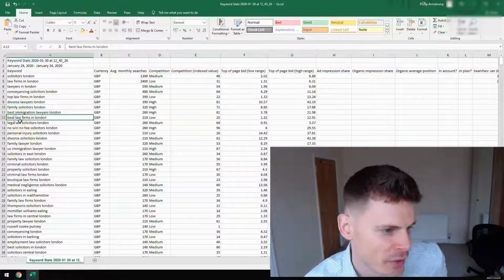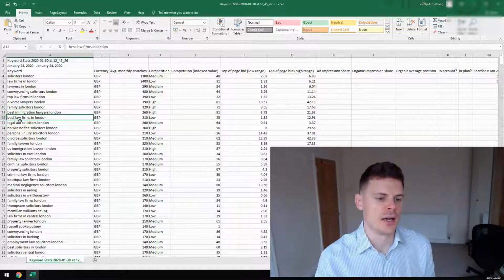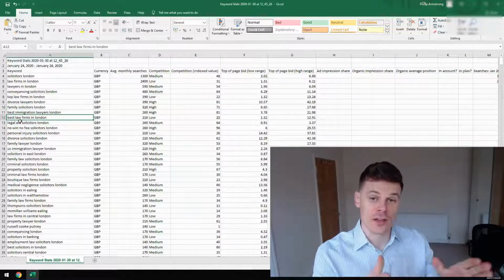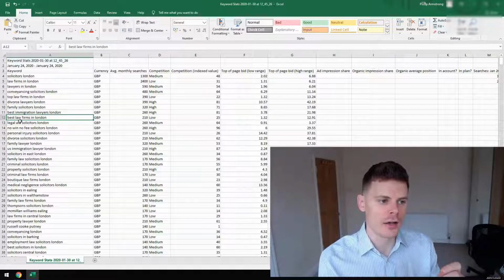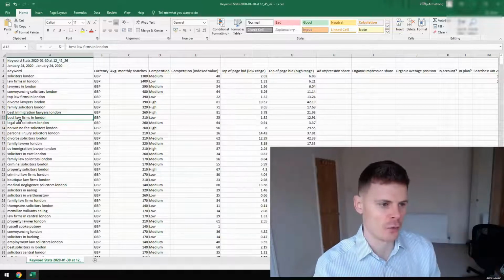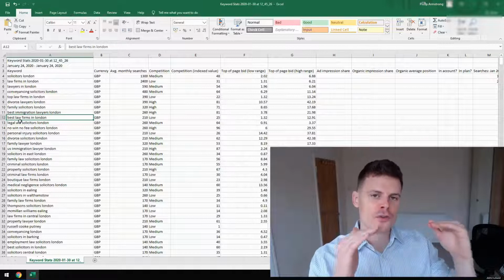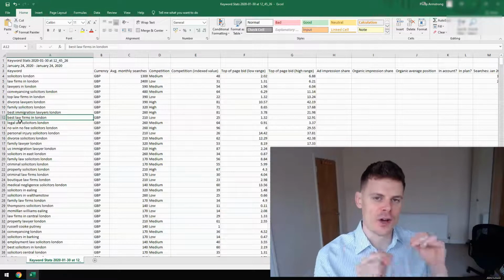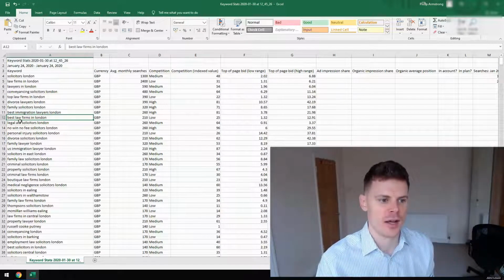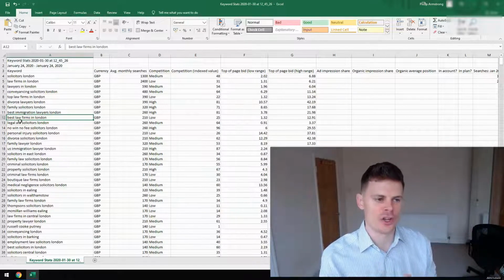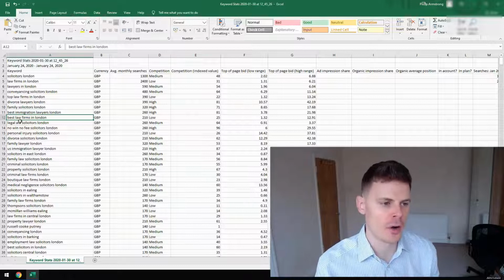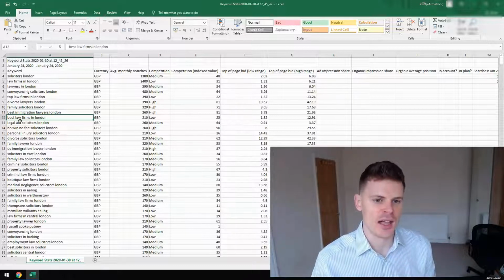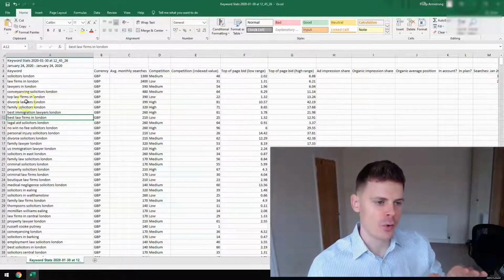Best law firms in London, that could be somebody searching to hire a law firm and they're searching for the best law firm. So once you've gone through that process of weeding out all of the keywords that are not relevant to your business and are not being used by your target market, the next stage is to break down all of those